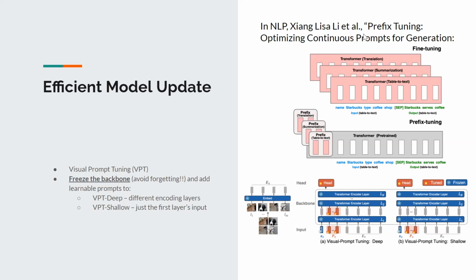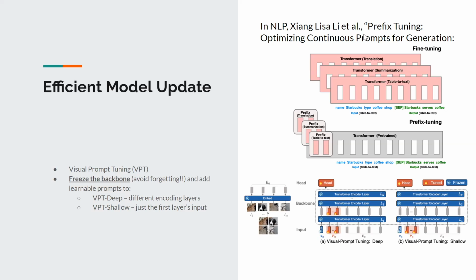Here, you don't touch anything in the transformer, nothing. You just add something to it. You append or you prepend to it. And then you just freeze all this and update this. Does that make sense? So the NLP guys came up with this idea and it works very well. It works very well. And sometimes they found that they can outperform full fine tuning, which is updating the whole model, right? But rarely.